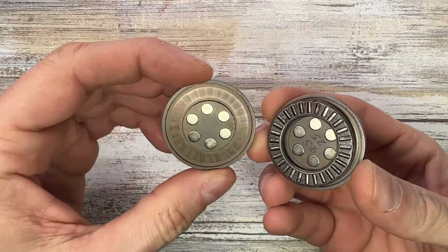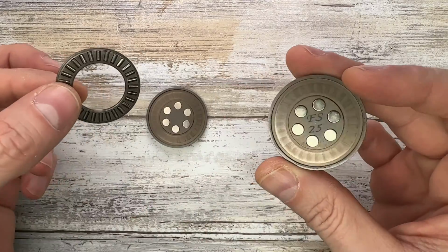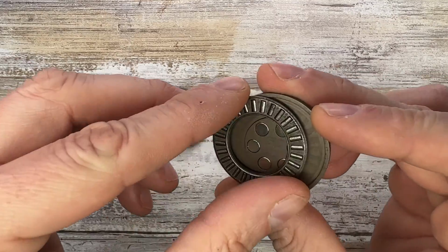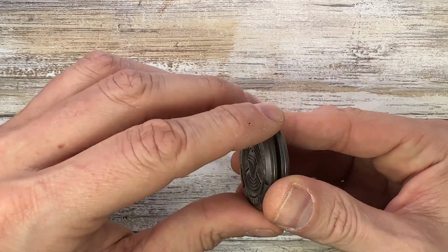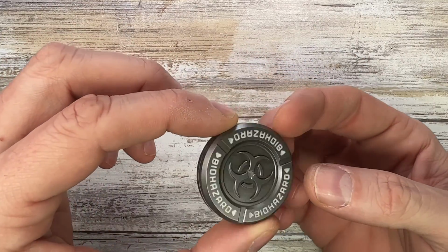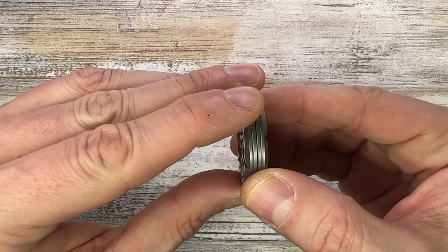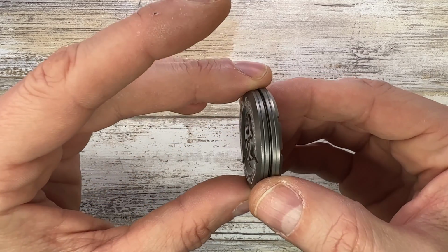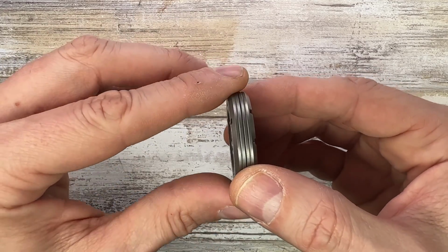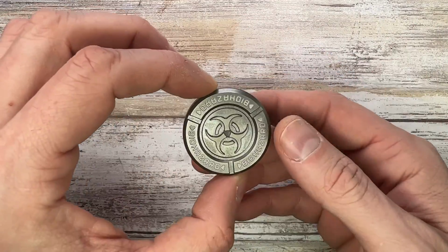So this is a haptic coin, it's titanium. It works like any other haptic coin with magnets. There's 6 per side and a set of roller bearings in between, just to give you this pretty cool feel and sound. So basically how this works is that the magnets are attracting to each other up to a point where they repel, which is halfway through, and then you keep spinning and they keep attracting each other. So the two parts are kept together by the magnets, of course, and then you can just